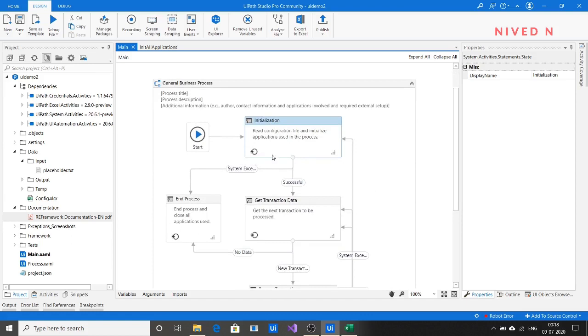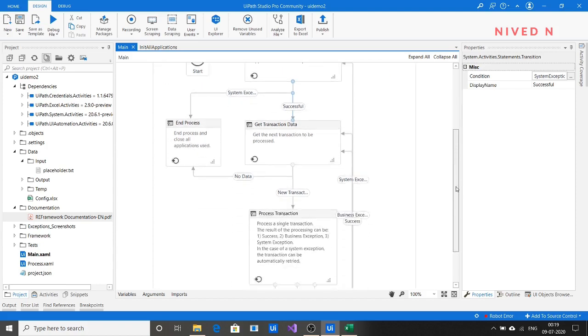to the transaction state, there should be no system exception. System exception means whenever there is a problem with the system. Since we are not throwing the exception, the workflow will not be able to identify whether a system exception has occurred. So it will go to get transaction data, and then process the transaction.